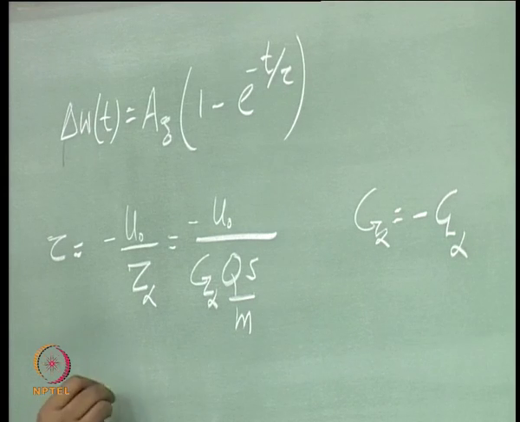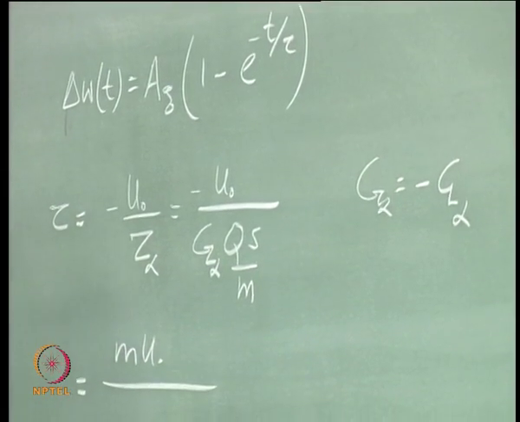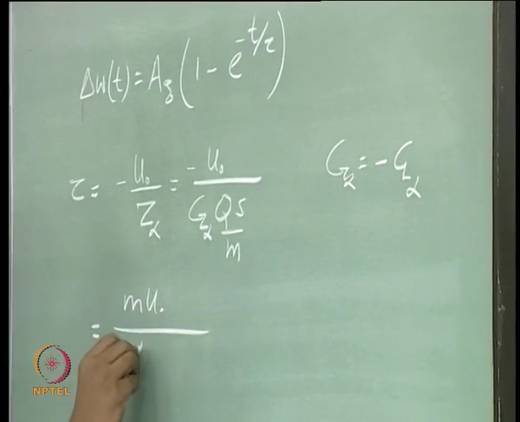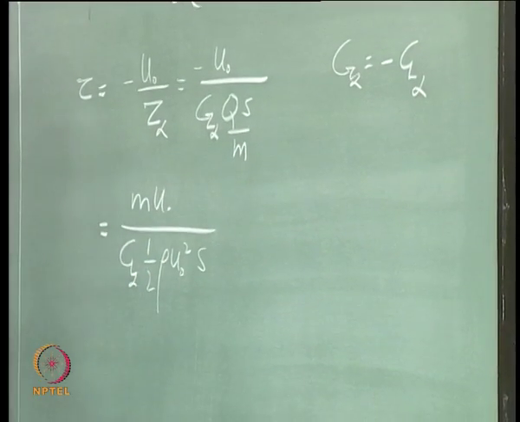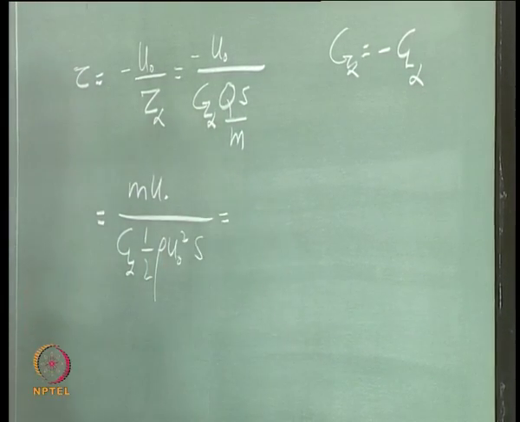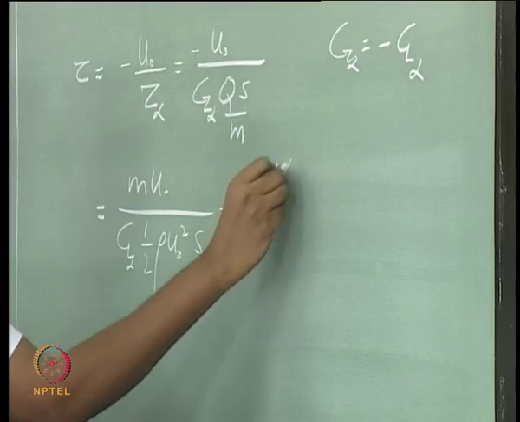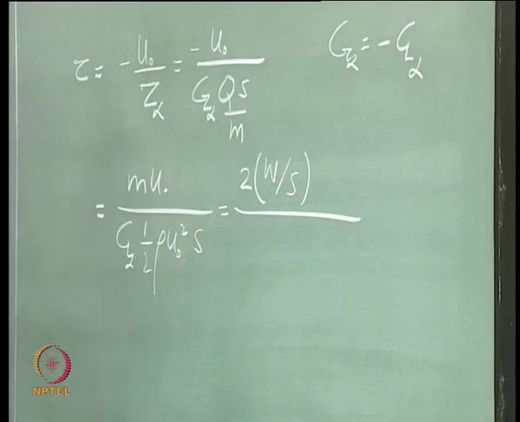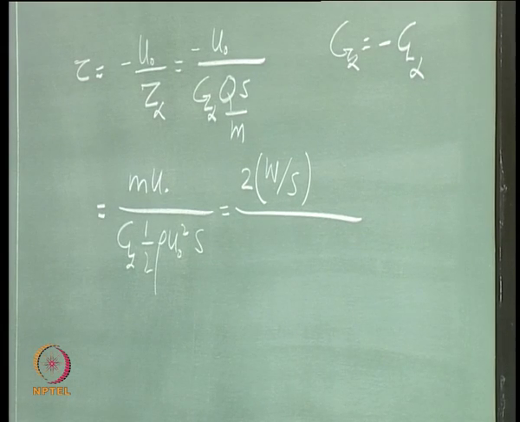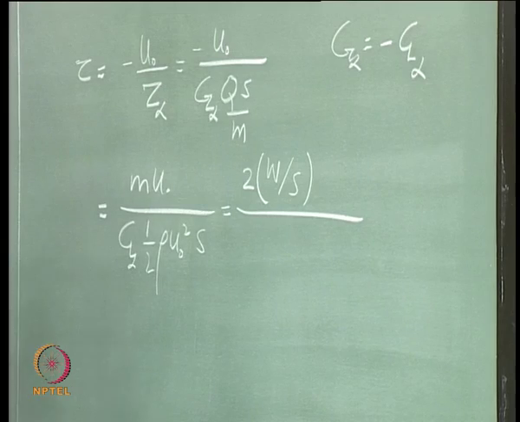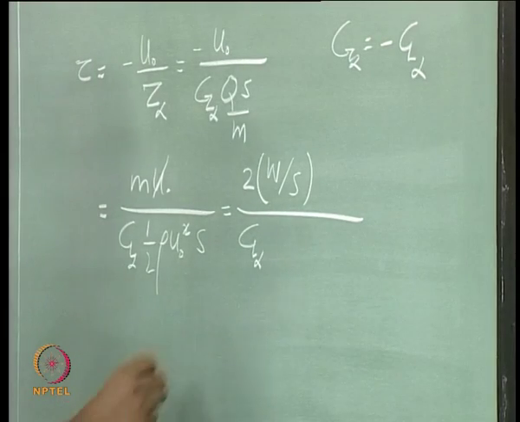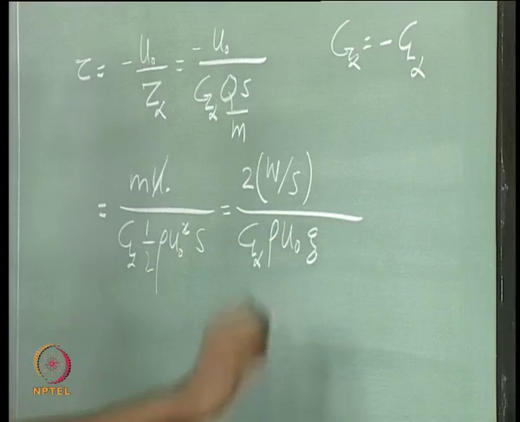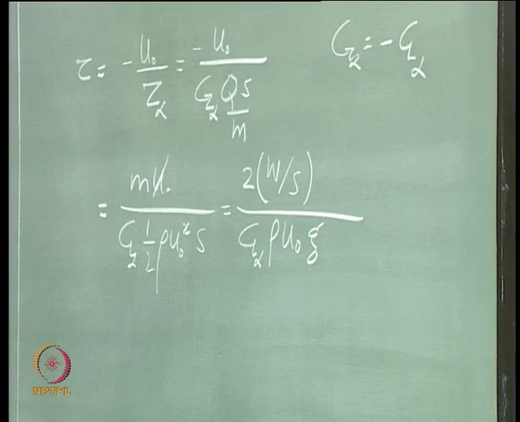So, what we get is m u naught over Cl alpha, half rho u naught squared into S, and this is equal to 2 into W over S, which is the wing loading, over Cl alpha rho u naught into g. The response is